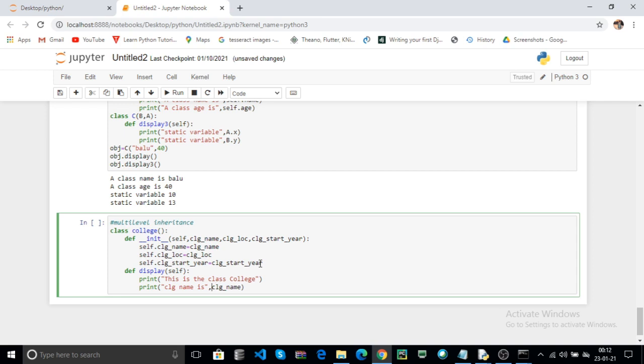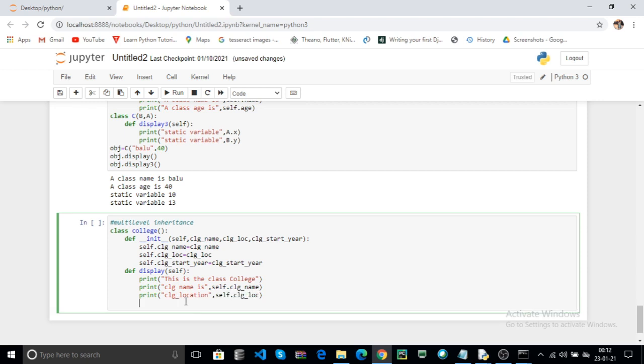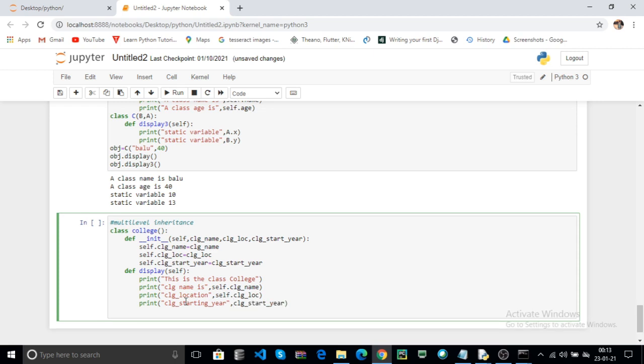You can use the self here, and use print, college location is self.college_location, and print college starting year, self.college_start_year. Now this is the one function.